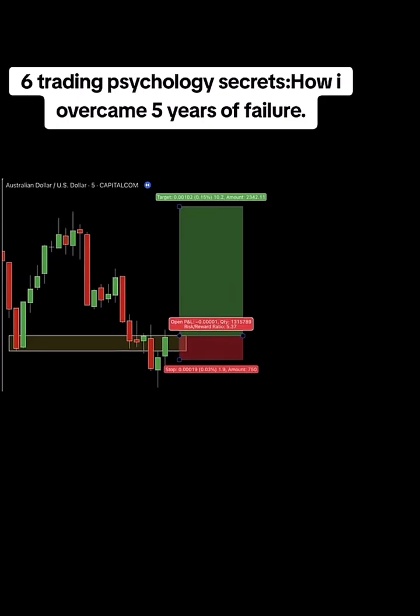Now you have a choice. Let the frustration of that first loss hold you back, or calmly re-enter the trade. Here's what a disciplined trader does. You re-enter, but this time you refine your approach. Place your stop loss just below the new low of the demand zone and set your sights on the next target level. And guess what?